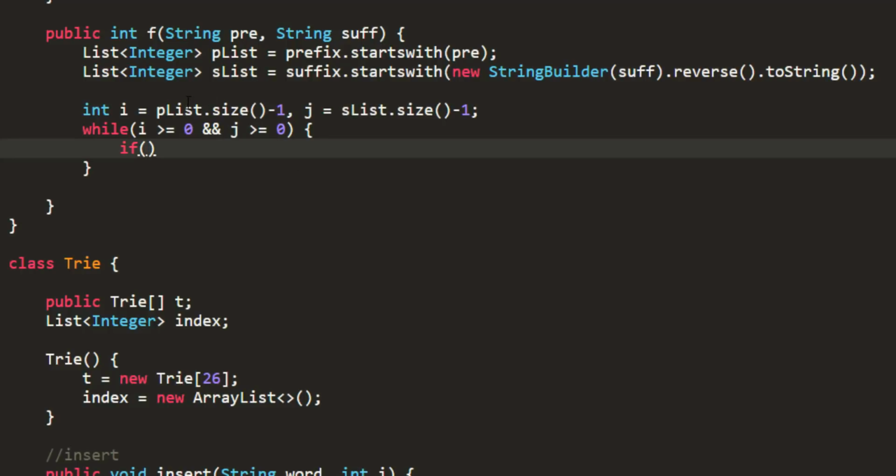So since my list contains integers, I'll have to use the equals method. I cannot use double equals over here because it would give you a wrong answer. So I'm taking Objects.equals, and if plist.get(i) and slist.get(j) are equal, then I need to simply return plist.get(i),